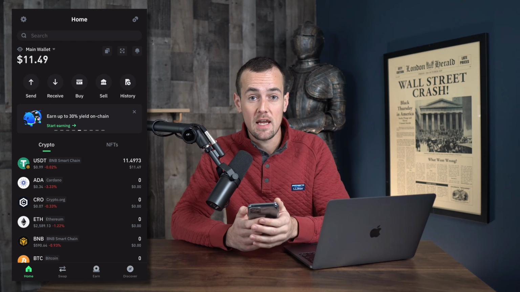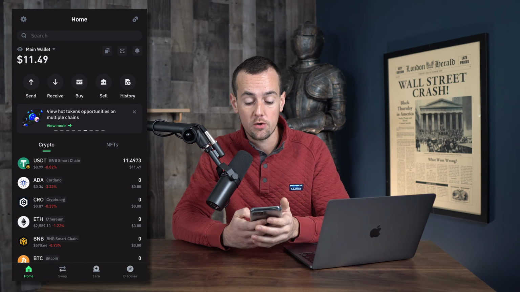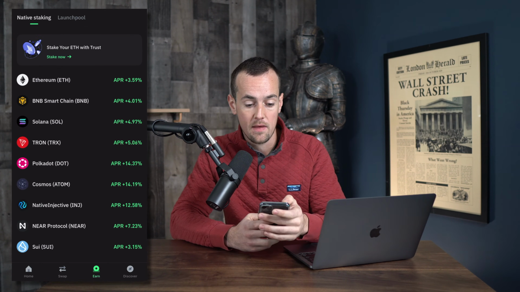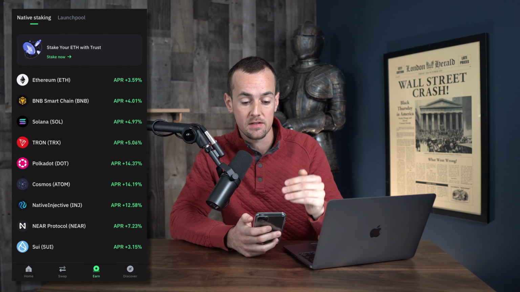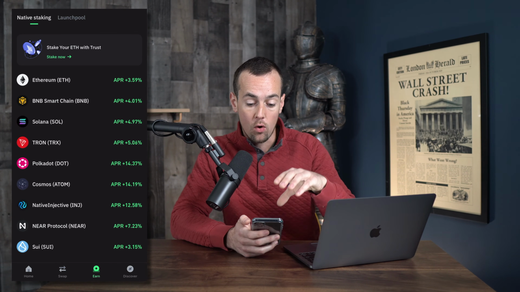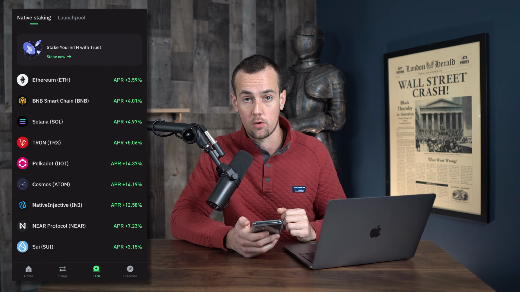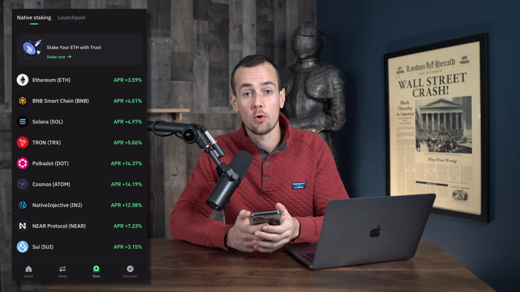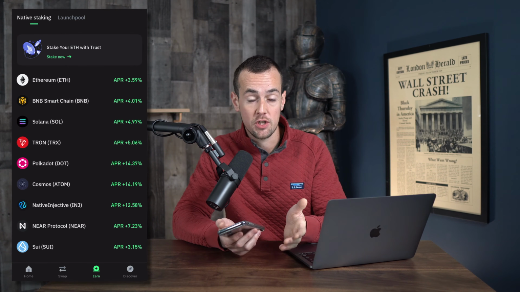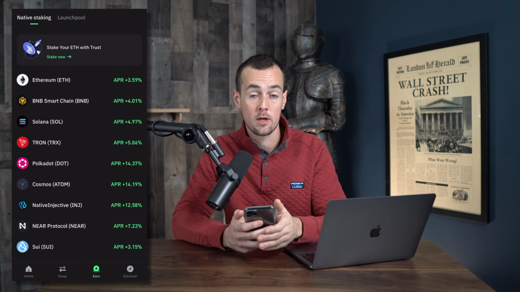Now I'm going to show you the staking section of Trust Wallet. So what you're going to do is click on the Earn tab, and then you're going to have this tab here that says Native Staking, and these are all of the current rates that you can earn by staking various cryptocurrencies. Staking allows you to put your cryptocurrencies on the blockchain to support the overall network, but it does lock